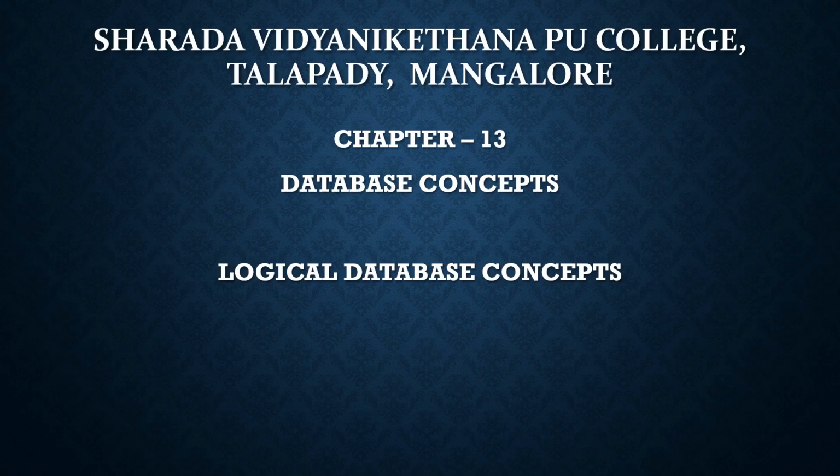So last class we studied different types of architecture. There are three types: logical one tier architecture, logical two tier client server architecture, and logical three tier client server architecture. That we studied, and after that we studied different types of data models: hierarchical model, network model, and relational model.